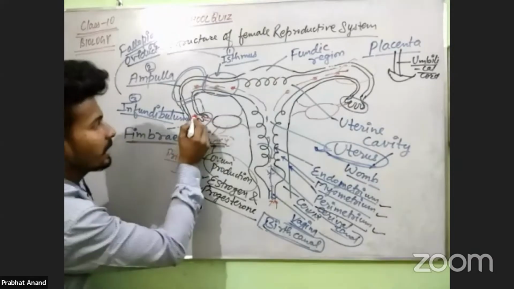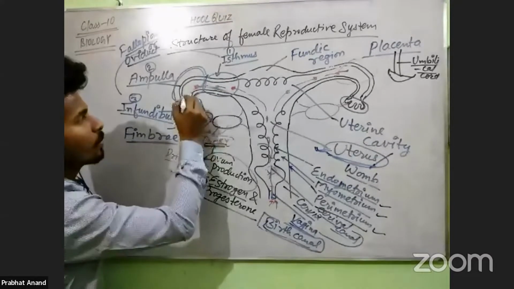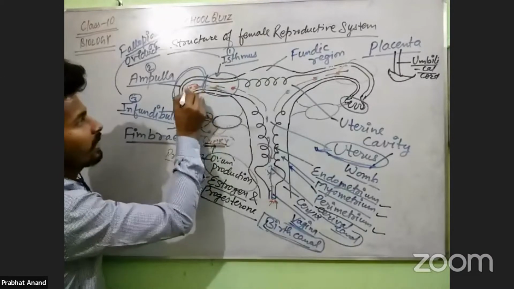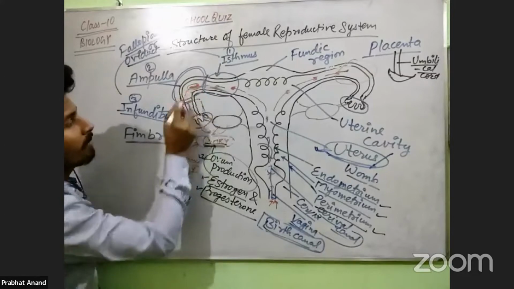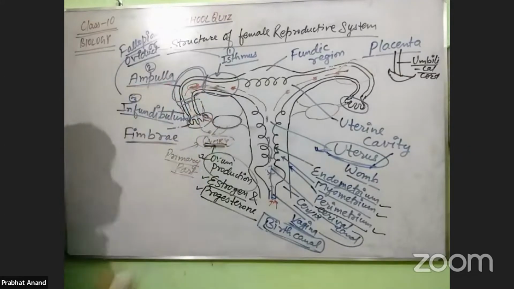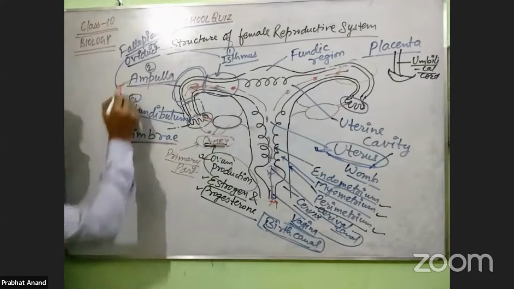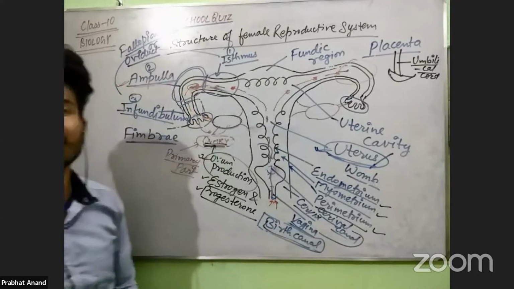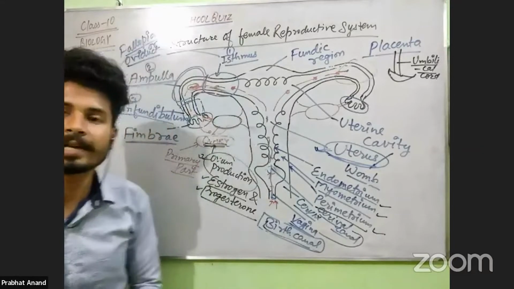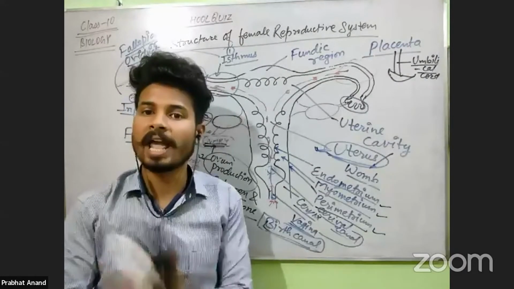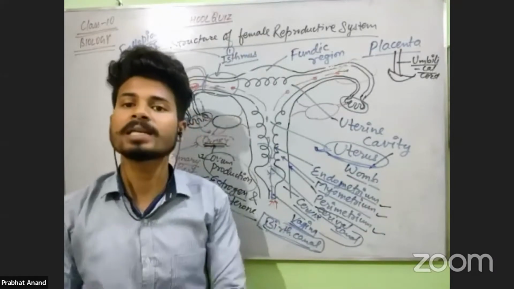And when it enters into the fallopian tube, it goes into the ampullar region, and the fertilization, that is, the ovum and the sperm meet with each other in the ampullar region. So the ampulla is the fertilization part in the female reproductive system, right? Is it clear? Yes. Okay, so fertilization takes place in the ampulla region, but the ampulla region belongs to which